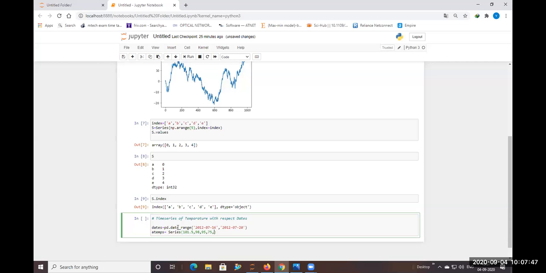Let me represent. The first day is 101.5 degrees, then 98 degrees, 95 degrees, 75 degrees and 100 degrees. A total of 5 values; one more should be 92. So a total of 5 values I have taken.